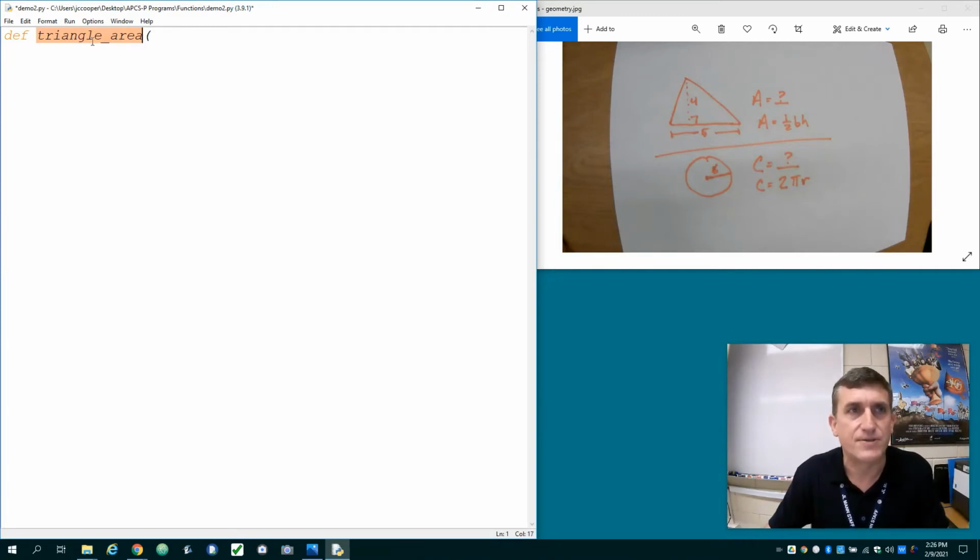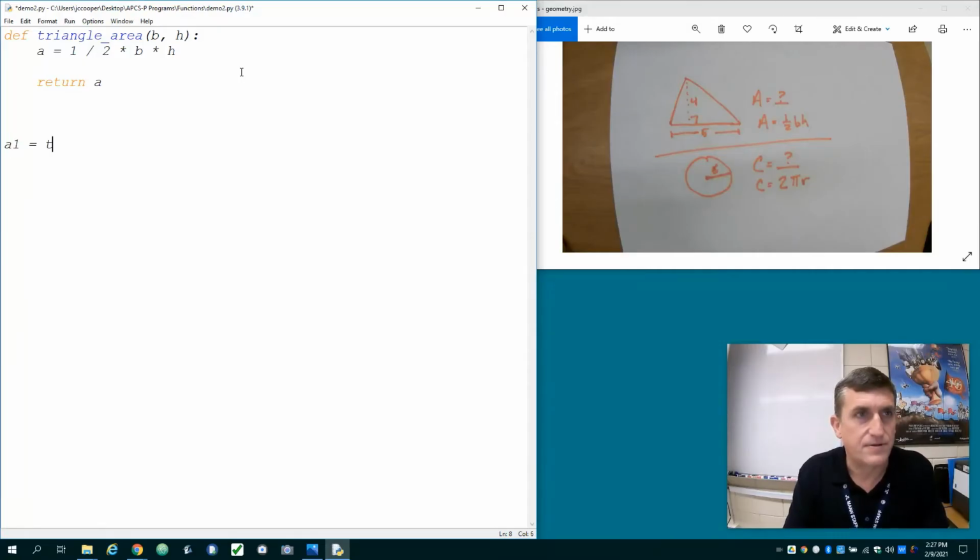Doesn't really matter so much right now, but when the code gets more complex, you'll see that that's going to be helpful. And my triangle takes two arguments, two parameters to define the area. It's the base and the height. And so I can make an equation in here that says area equals 1/2 times the base times the height, and then I'll return area. And so if I want to test this out,